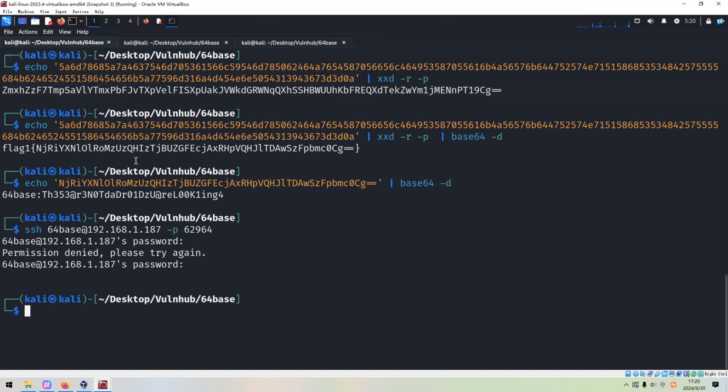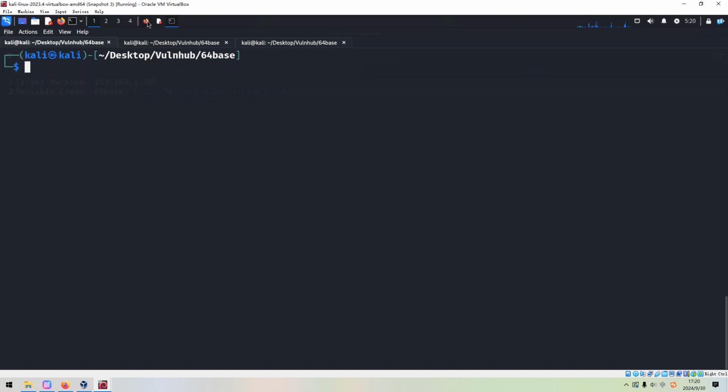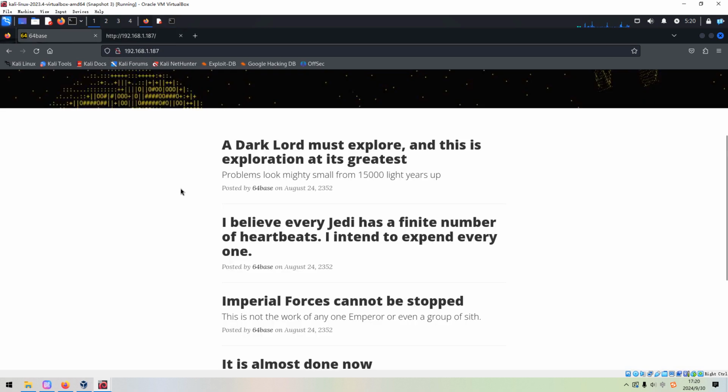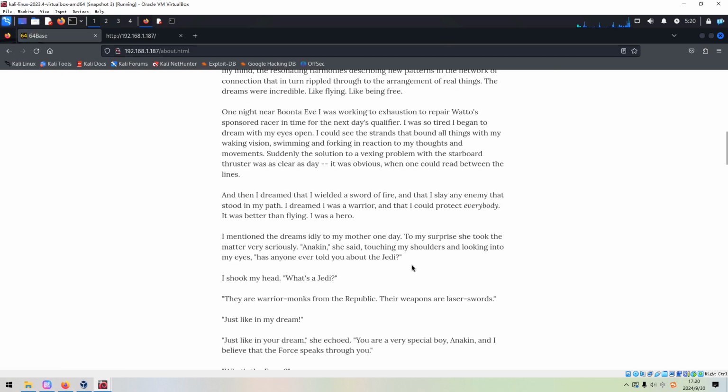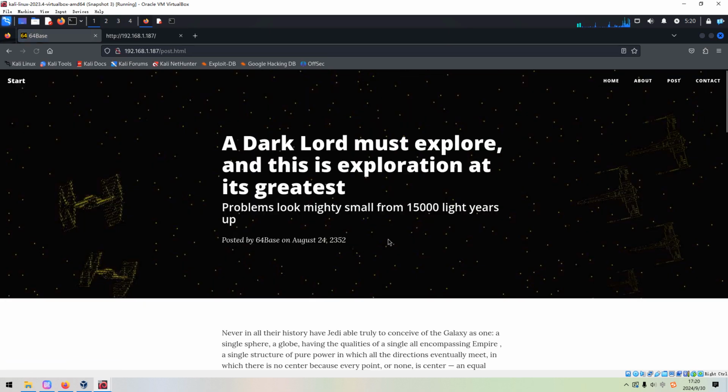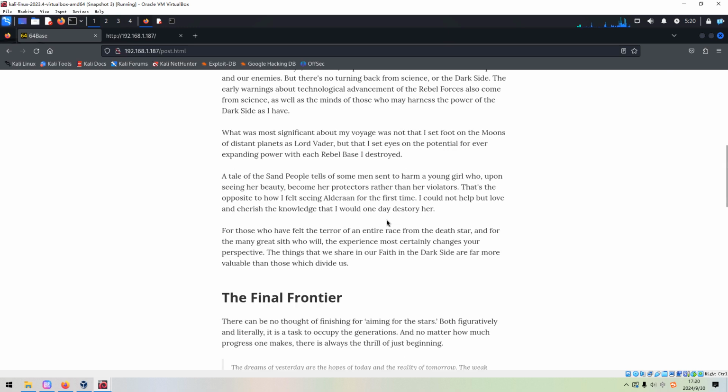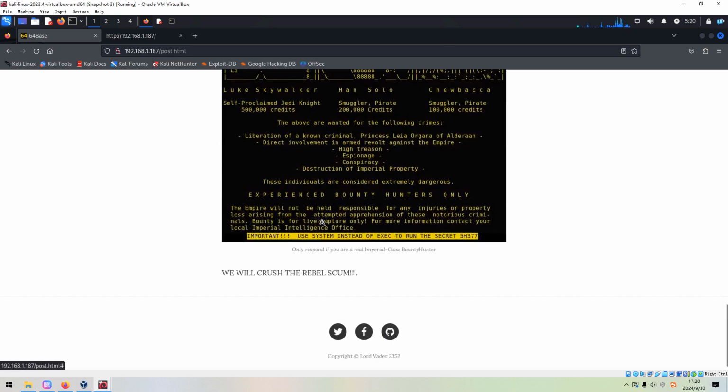Okay, and now what shall we do? We need to go back to the site to explore the site again, and about the post, we must explore. And here we got something important: use system instead of exec to run the secret 5xh377, and only respond if you are a real Imperial class bounty hunter.